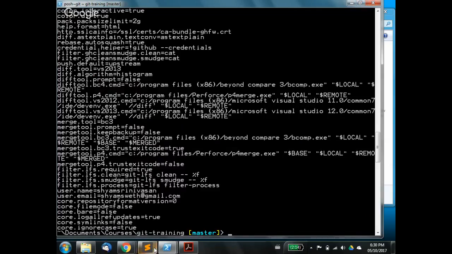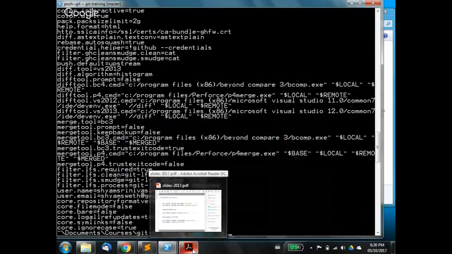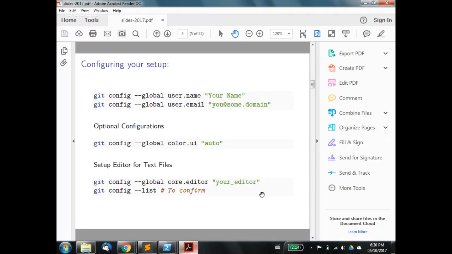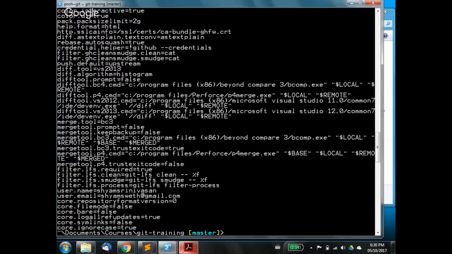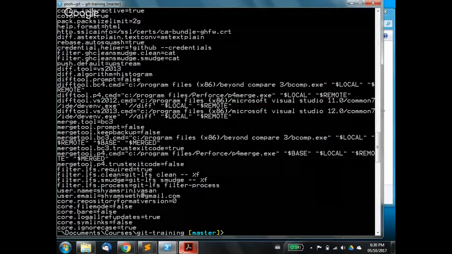Okay, so we'll go to the remote. Now what we'll do is try to connect this repository with the remote repository. In order to do that, what we'll do is first,